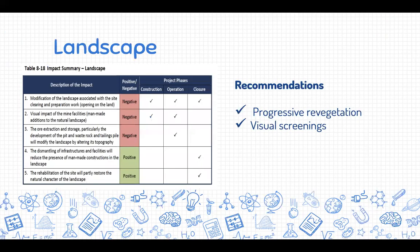The modification of the landscape, of course, is going to be a little bit disturbing for the community that is not used to seeing these excavation projects around their area. The visual impact of the mine facilities would also create some type of disturbance in the community. And for this specific area, they suggested progressive revegetation and visual screenings that, from what I understood, are basically ways to cover or to hide the damage that has been done to the area